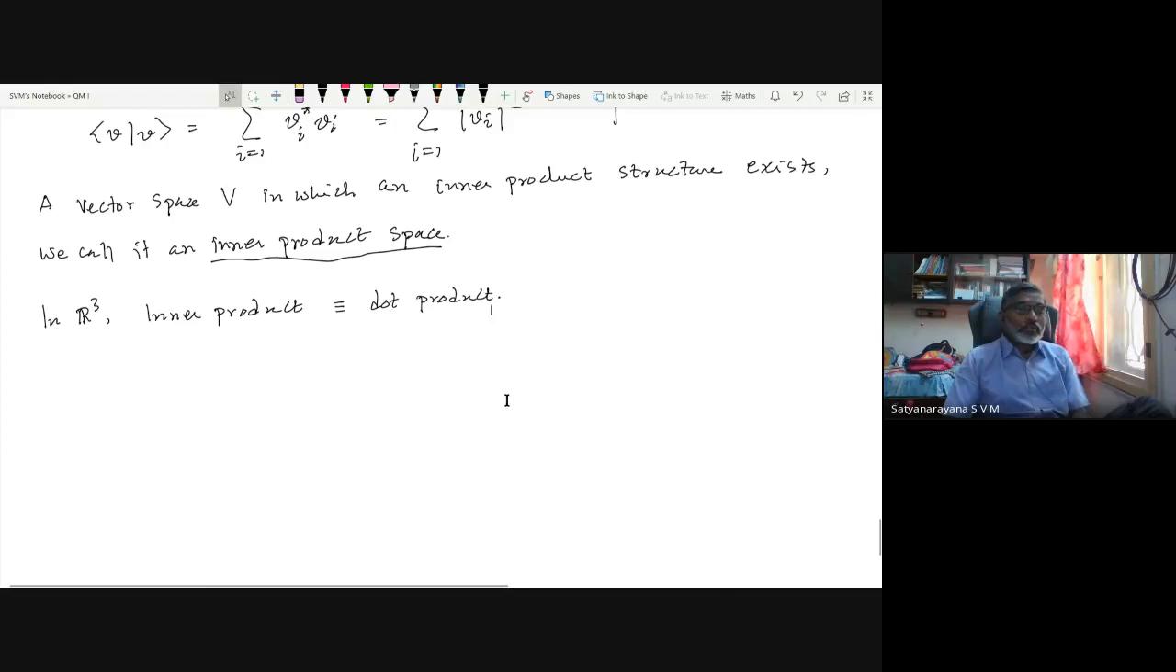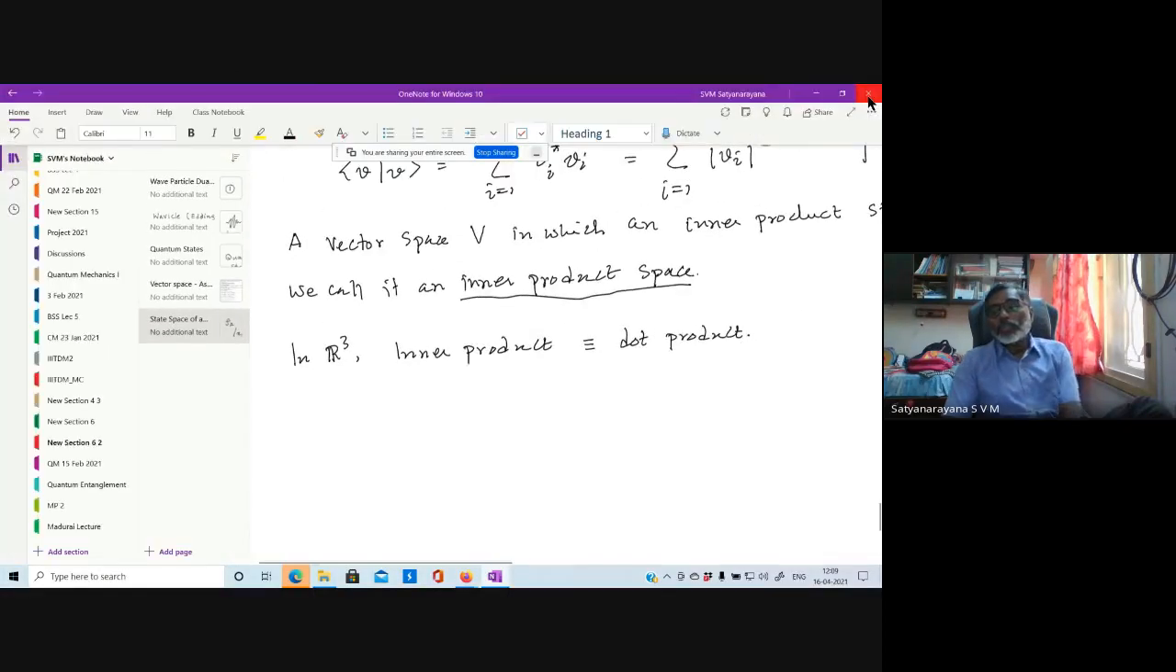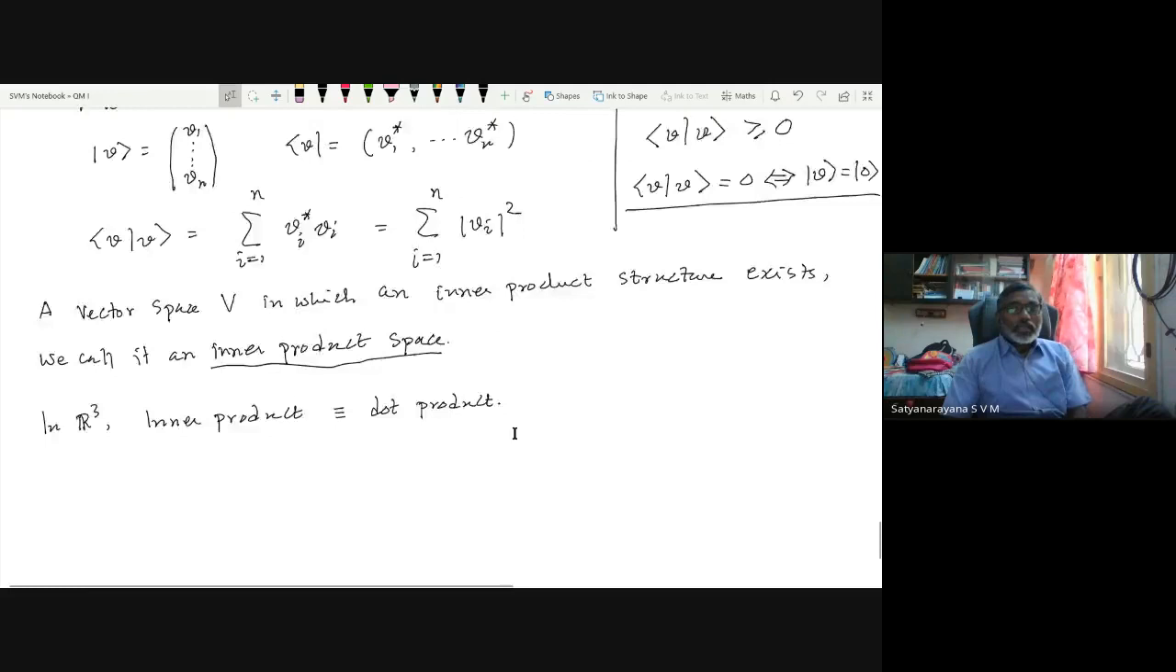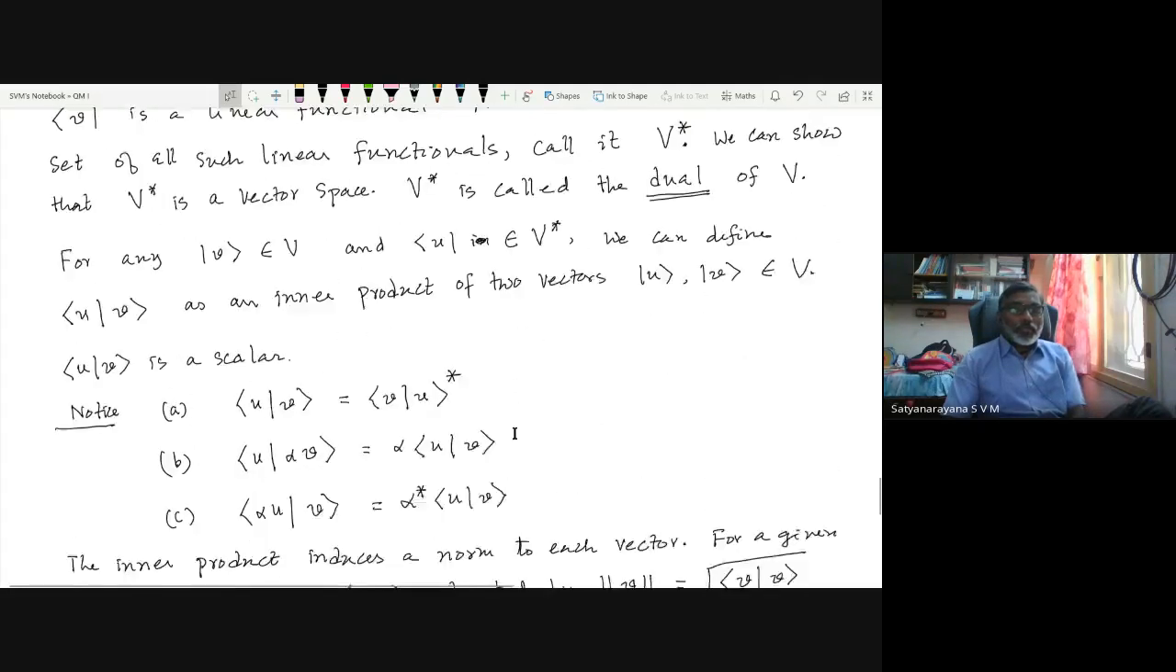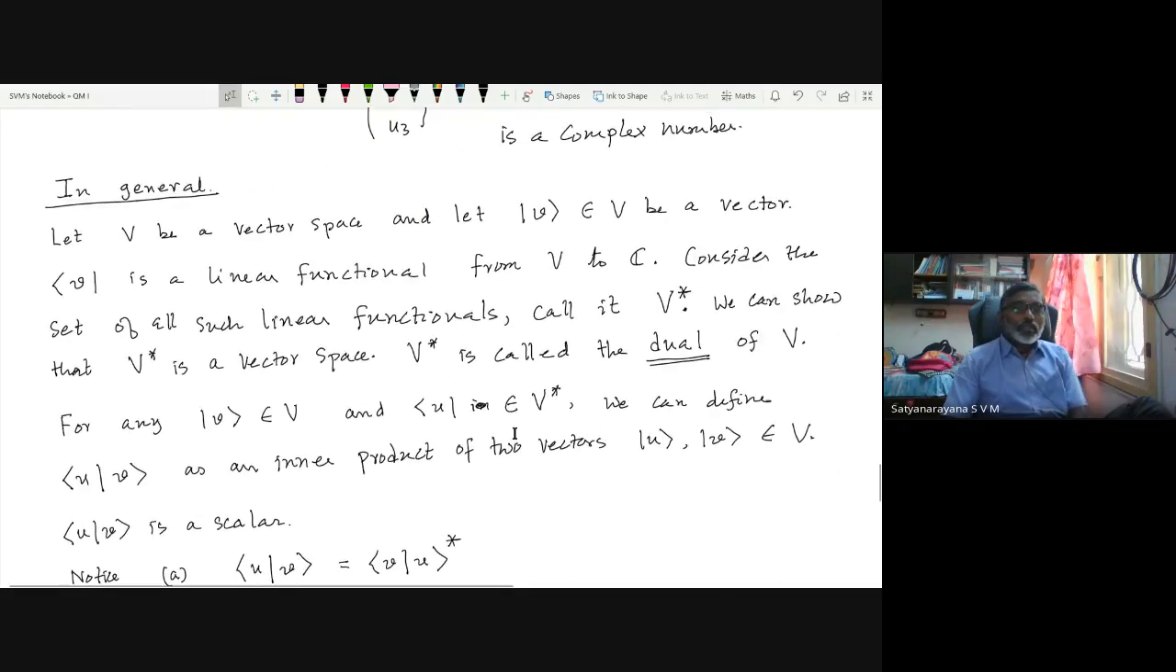Okay, so you can probably easily realize that the dot product is basically referred to as an inner product here. Okay, so now we would like to